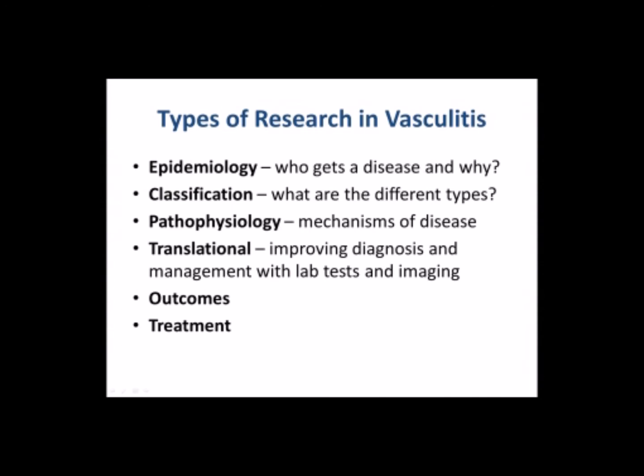So I think these are some long words. They'll be familiar to some of you and not to others, but I'll come back to them because there's really no way around using the terminology. So for starters, epidemiology is essentially who gets a disease and why. Classification is a bit different, a little bit more like being a librarian, but it is important. Are we really identifying the right things with all the different names that we have for these diseases, or are we missing something?